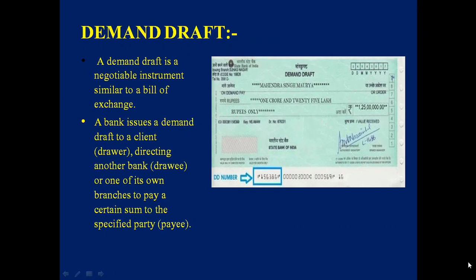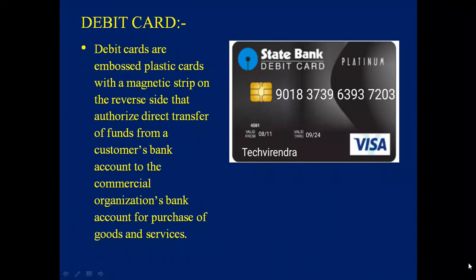So this is called demand draft. For making the demand draft, you have to fill the demand draft slip or form in the bank. You have to write down the details like amount, then commission will be charged by the bank itself depending on the amount for demand draft. Then you have to write down all the details, to whom you're going to pay, which branch, everything should be there on your demand draft slip, and then only amount will be transferred from your own account to the next party or specified party.